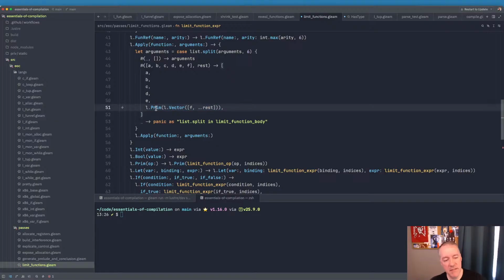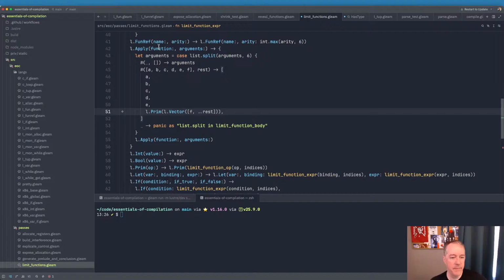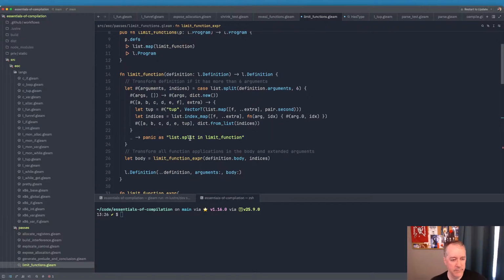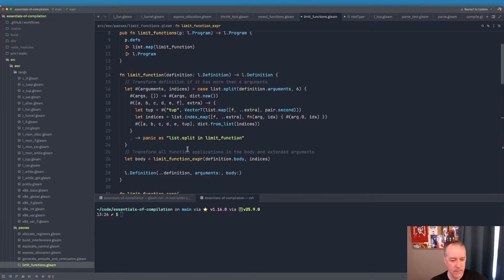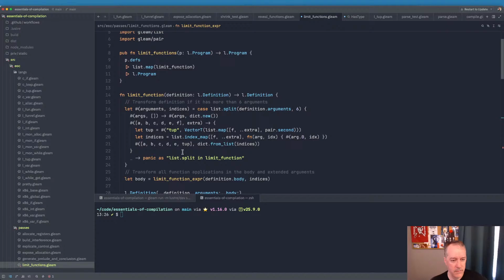But the interesting thing is, if we have all the definitions,